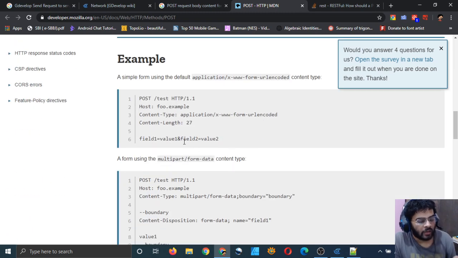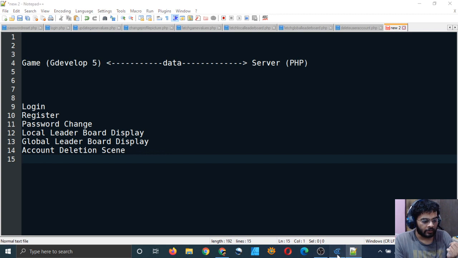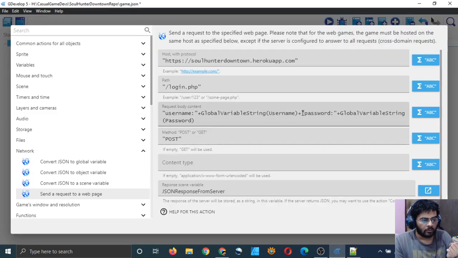Oh, it puts an ampersand in between two fields. Let me put that here, plus the ampersand.